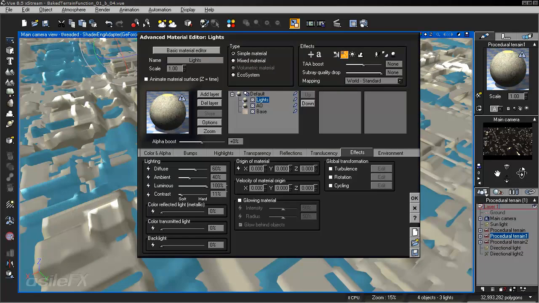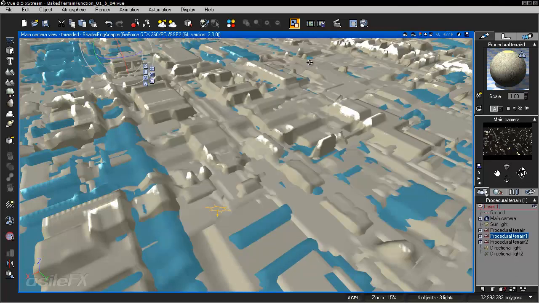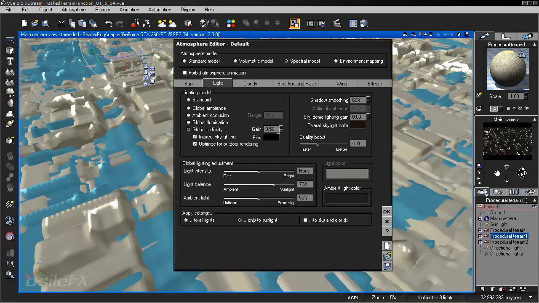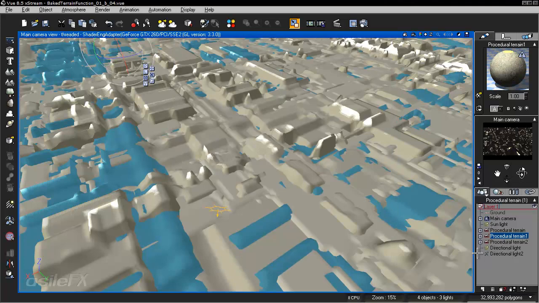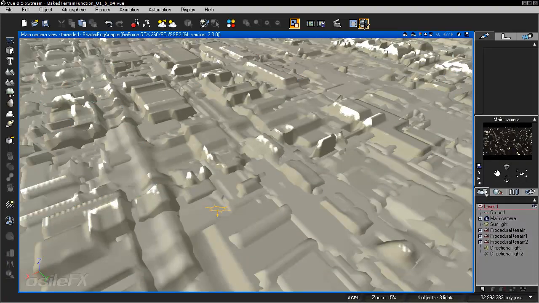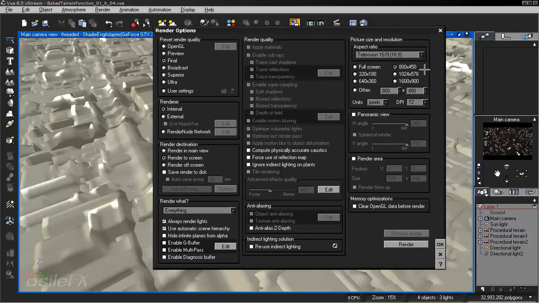So I know right now that's being rendered pretty small, and I know it's got to be a little difficult to see. So we'll go ahead, and I'm going to modify the quality boost, set it to 0. And really, I don't think I need to modify anything else except changing the resolution. So I'm going to make something a little bit bigger. And if I planned on using this for compositing or